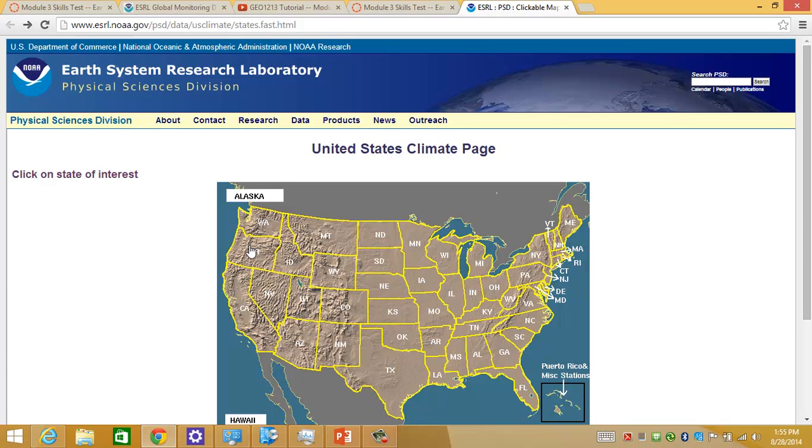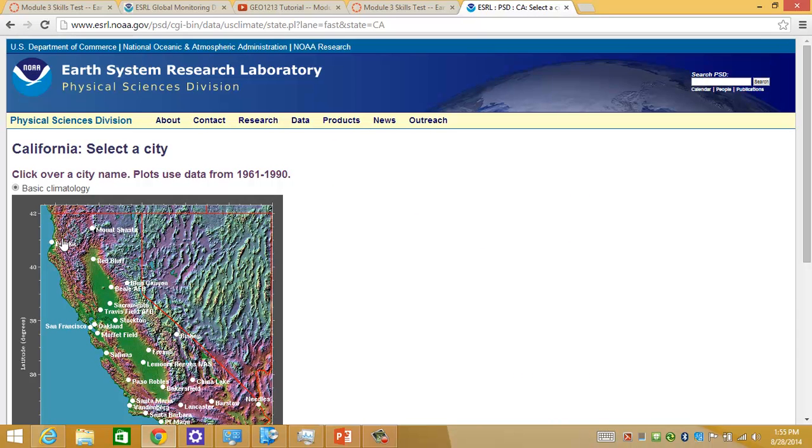But in this case, we are somewhat constrained. I've asked you to compare two cities. I've put up three pairs of two cities each, and you need to choose two of those pairs. And so, for example, if you decided to go with pair A, which is Eureka, California, and Des Moines, Iowa, the first thing you need to do is go ahead and click on California,